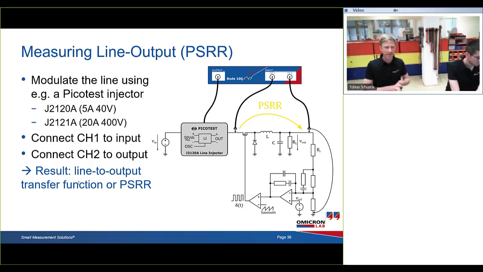If you want to measure the line to output transfer function, closed loop, or the PSRR, you somehow need to modulate the line. That's a little bit more tricky. There are two possibilities from Picotest. They are called the line injectors. There is the J2120 that can handle up to 5 amps and 40 volts, and the J2121 that can handle up to 20 amps and 400 volts. And then the input, channel 1, is connected to the input voltage of the converter, and channel 2 is connected